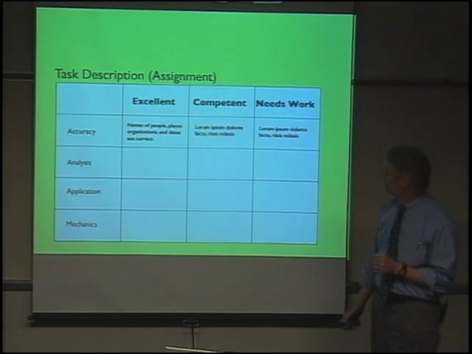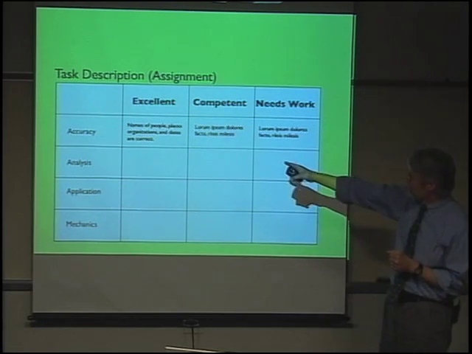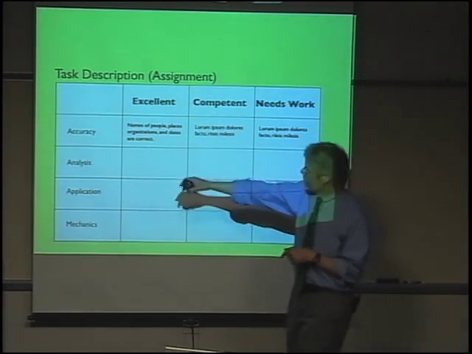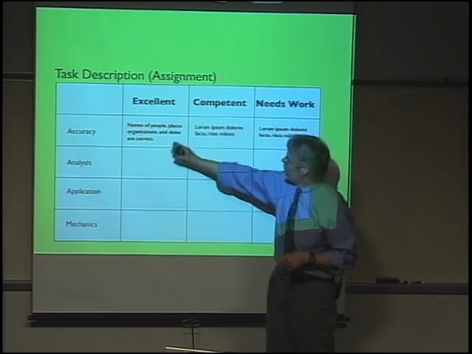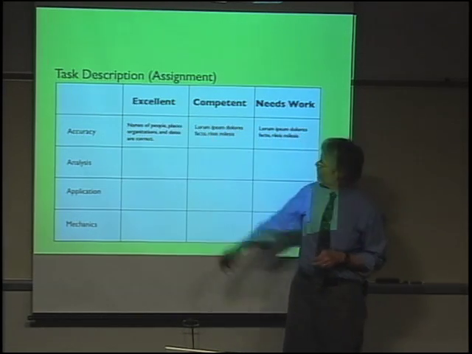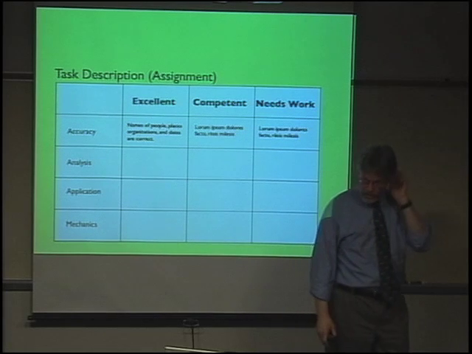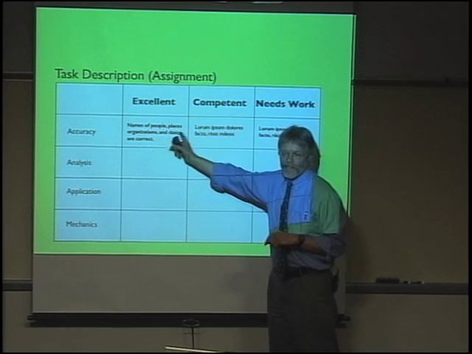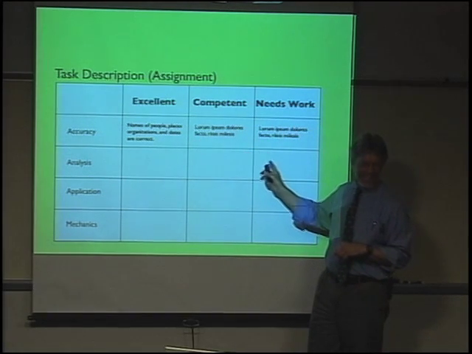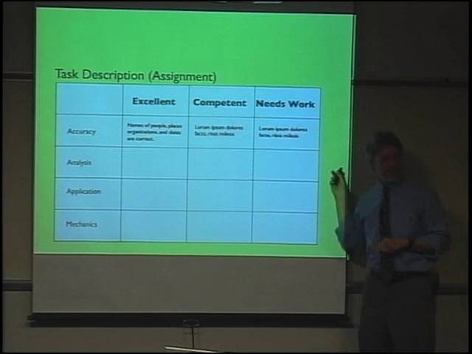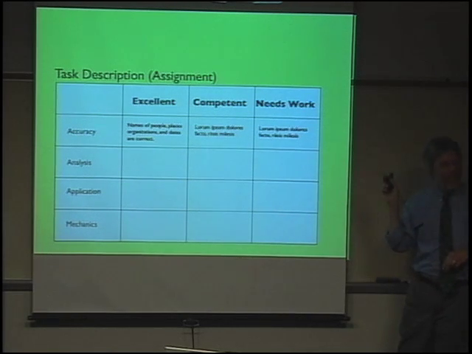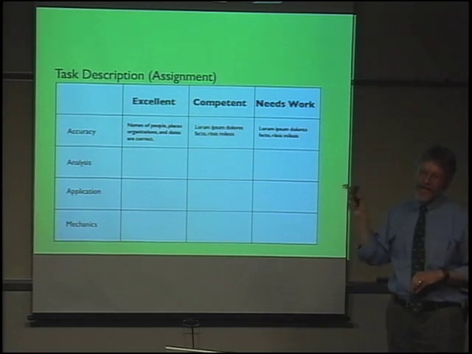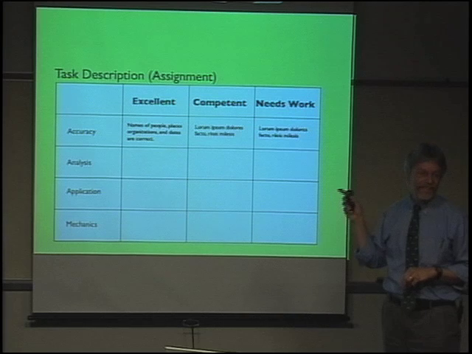And then the fourth thing, the last thing, is to add in the descriptions on these different categories, descriptions which describe what is excellent, what is competent, what needs work. You begin with the best one, of course, and then you start subtracting, if you like. When you get over here to the unacceptable, then you may even start adding things. This is what definitely should not be in here, and it is, so it needs a lot